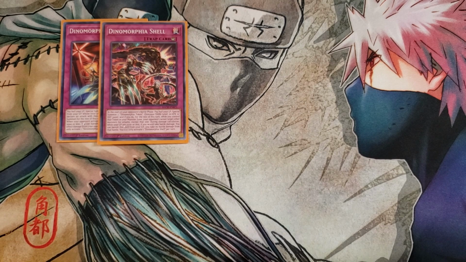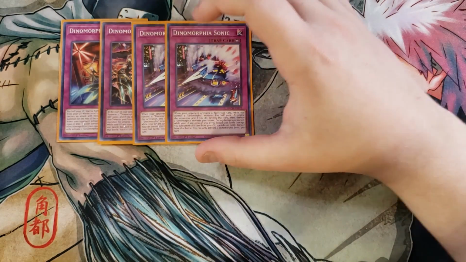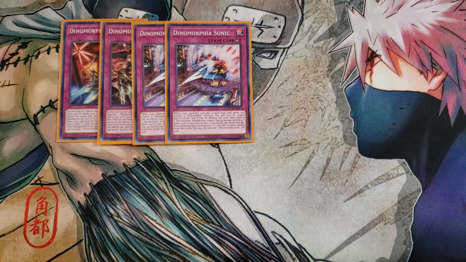Plus, a lot of the cards make you pay half your life points. We then play 2 copies of Dinomorphia Sonic. This card is a really good card because it has the ability that when your opponent activates a spell or trap card, while you control a Dinomorphia monster, you can pay half your life points to negate the activation. If you destroy that card, then destroy a Dinomorphia monster that you control, which they roll into one another, so it's